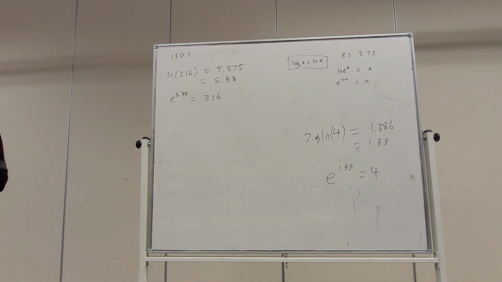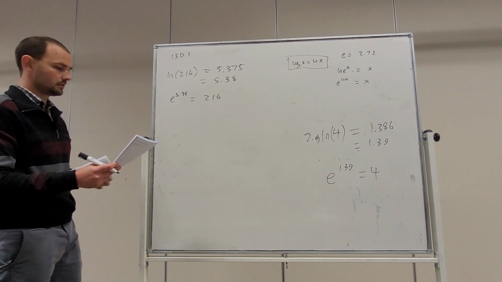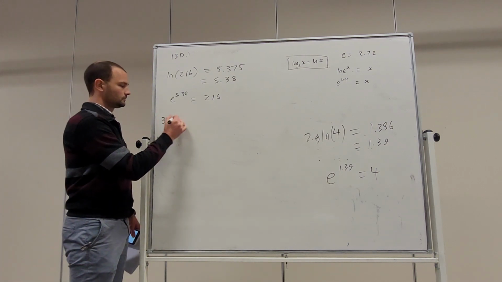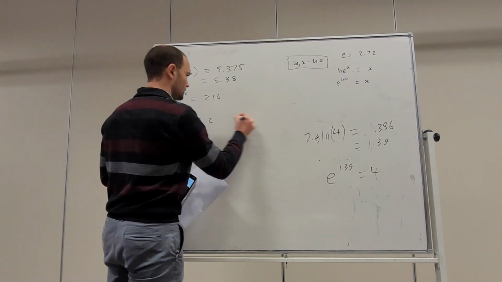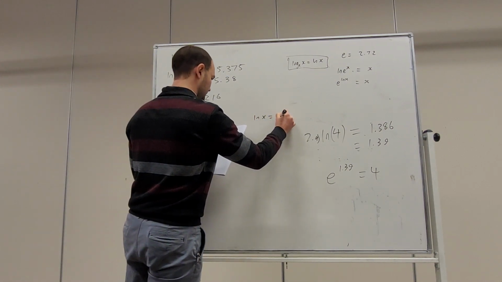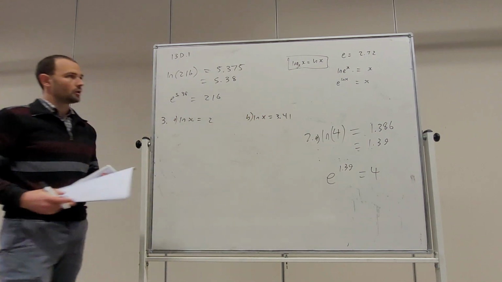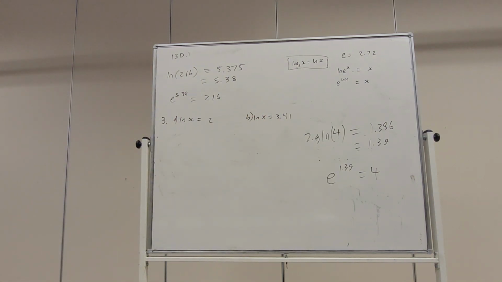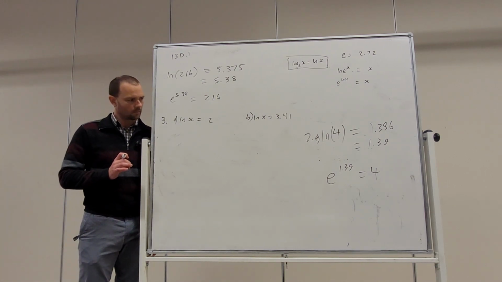All right, so that's question 2. And then on to question 3. ln of x equals 2. ln of x equals 3.41. Okay, now we're solving logarithmic equations here. Remember, we've seen in the past